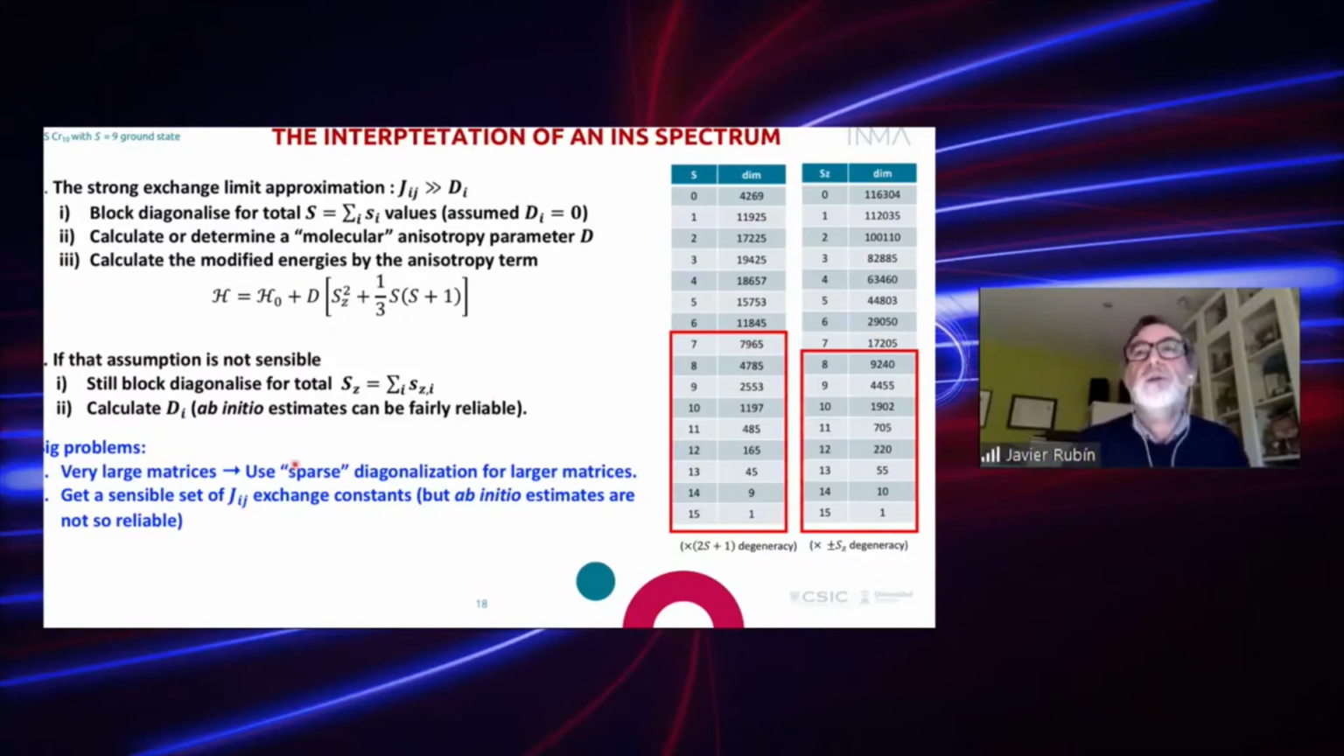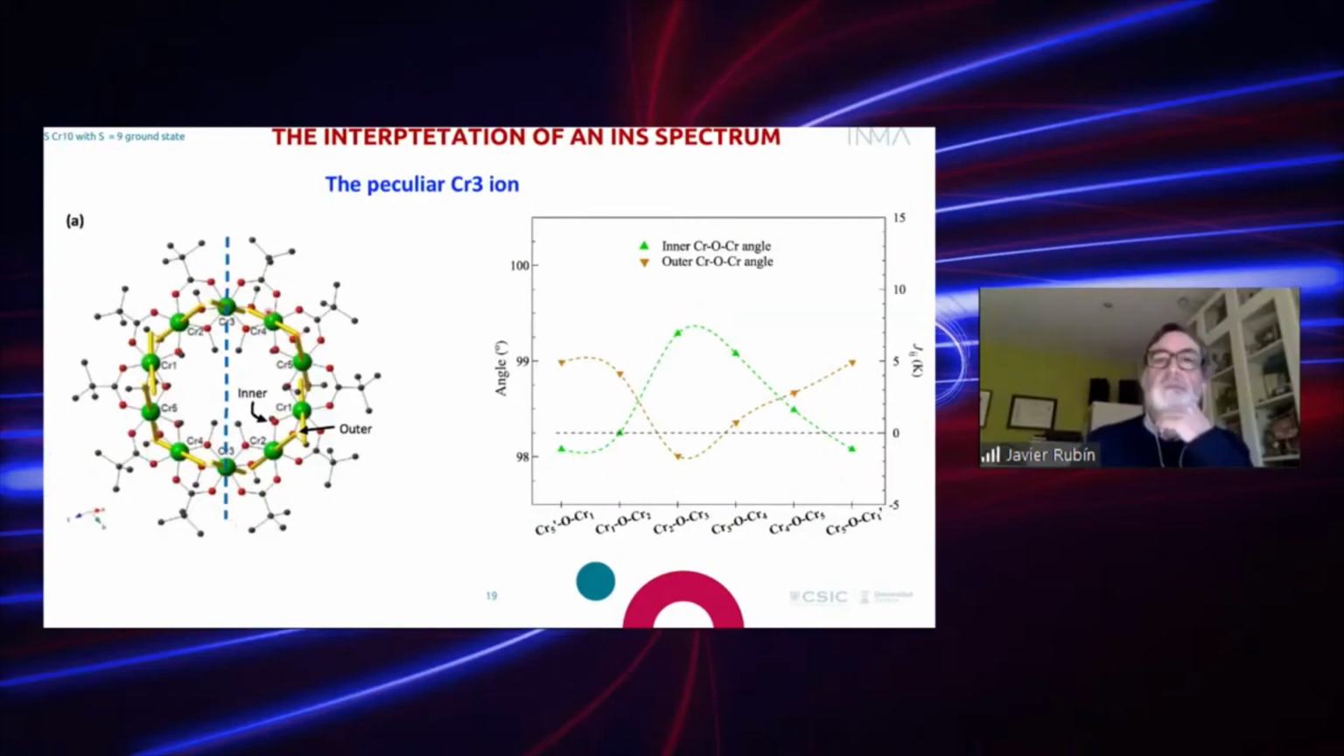But in order to compare or to get a spectrum, we have to start from a good, sensible set of exchange parameters, and then we can try to get some hint from ab initio estimates. This can be very reliable, but not so reliable for the exchange. So now I just want to